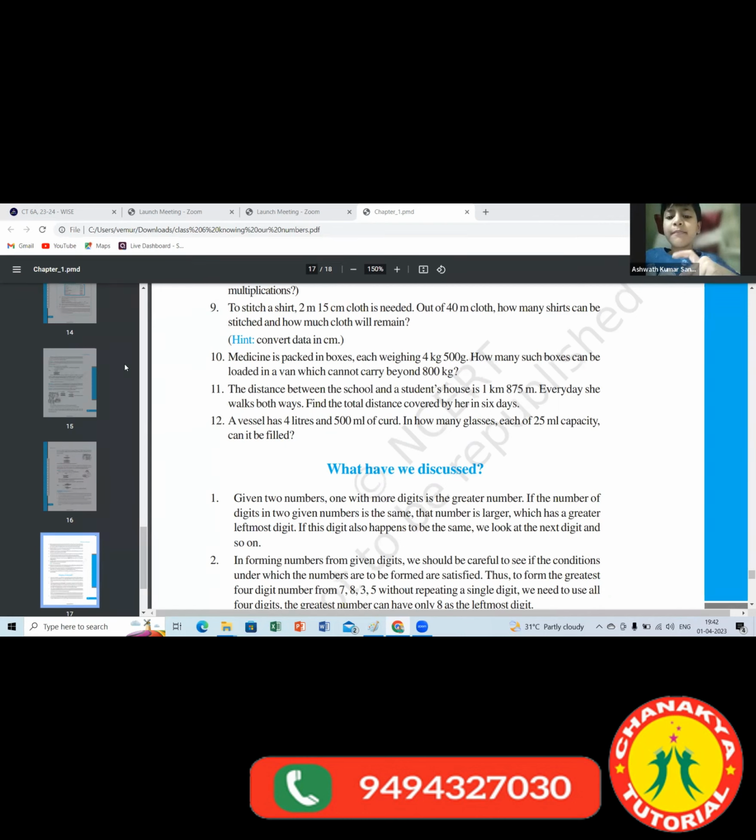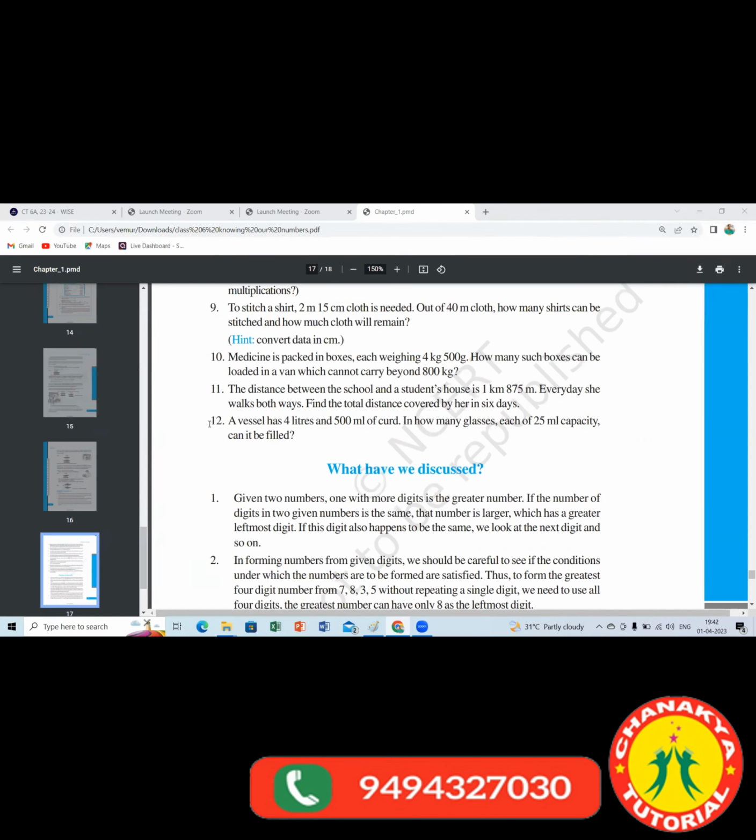3,750, or else 3 kilometers, 750 meters. You can write it both ways. No need of expressing in meters only because we know how to represent decimals also, right? Very good. This for 6 days means you are multiplying with 6. That's all. And go with the 12th bit, but you have to write step by step, statement wise,